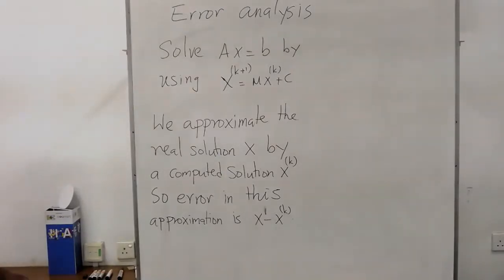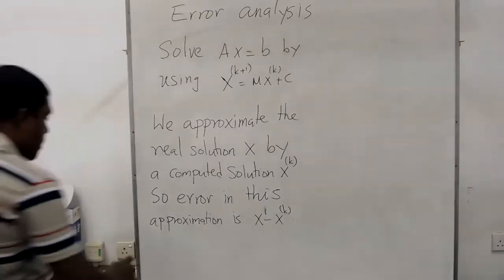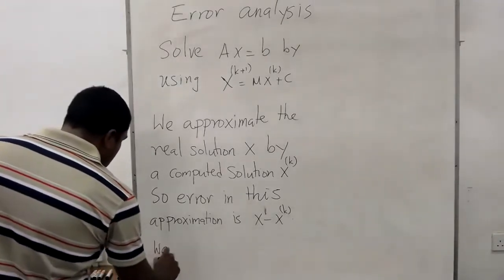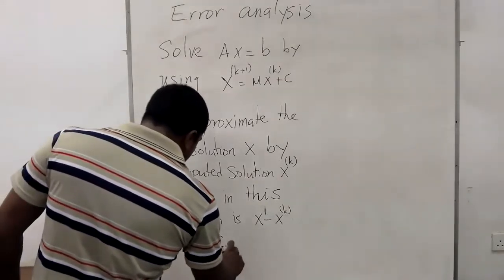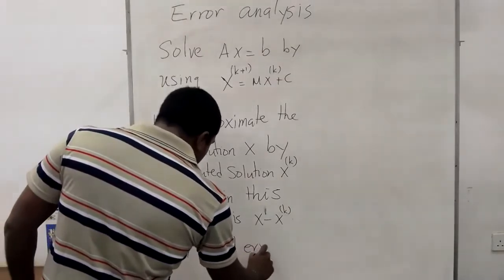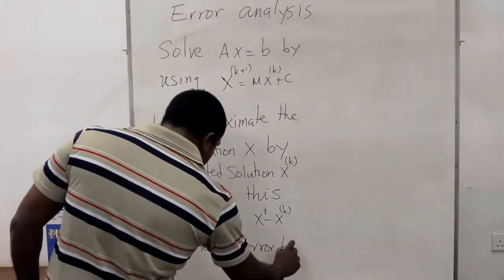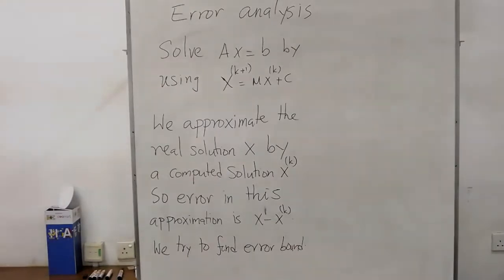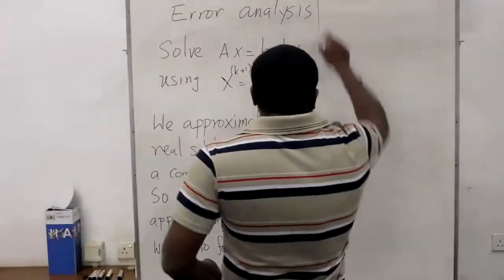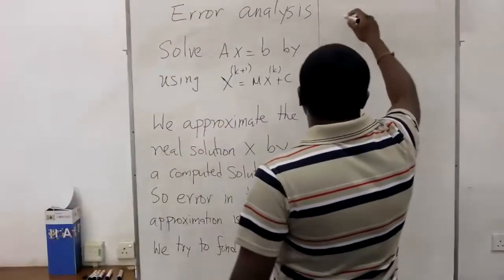So you cannot calculate the error; you try to estimate it. So we try to find the error bound here. Basically what we are going to do is we want to find